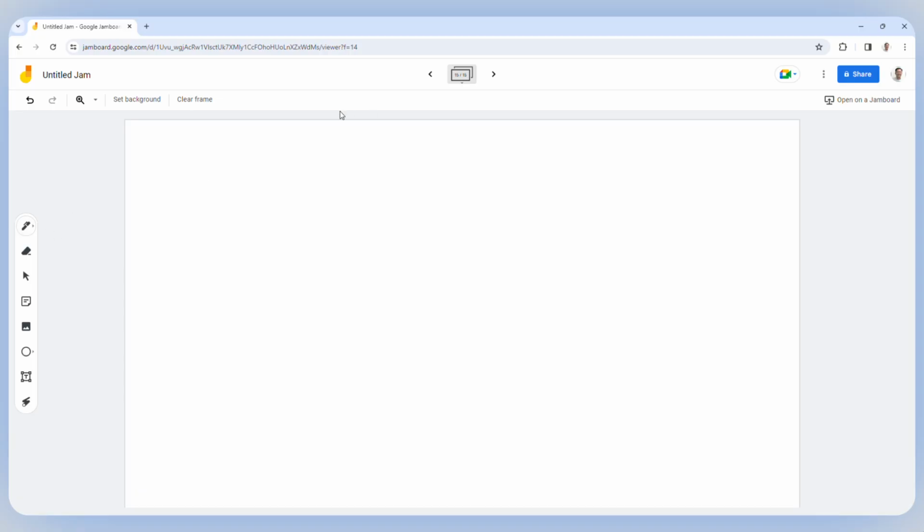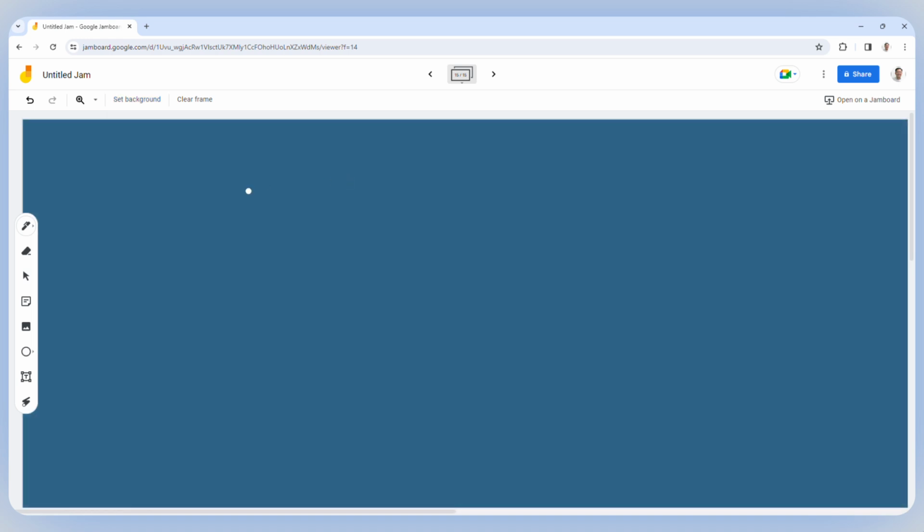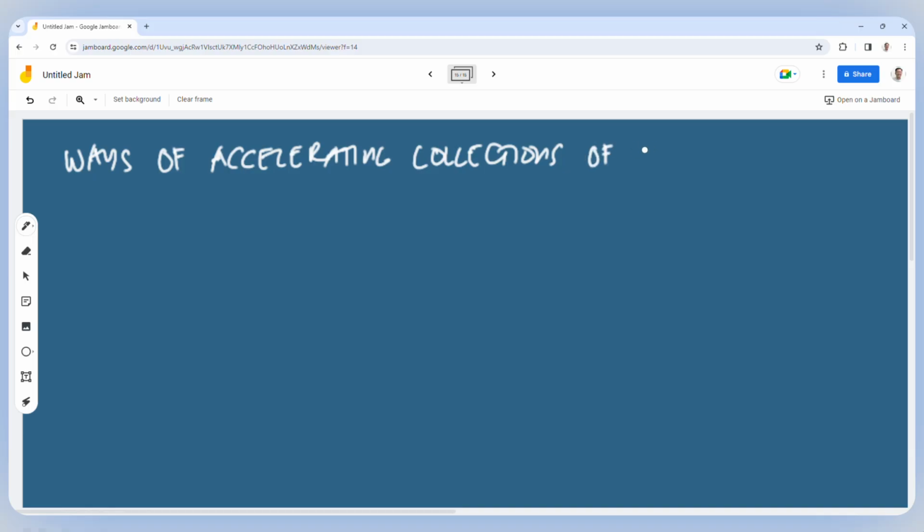Class, ano naman yung mga ways, no? So, what are the ways, no? In particular, so what are the ways? So, very important here is the ways. Alright? So, ways of accelerating. Alright? So, ano naman yung mga ways of accelerating, alright, collections of receivable, no? Kanina, class, we have discussed already about lockbox system. Isa rin yun, ha? Alright? So, sa ating ways of accelerating your receivables.